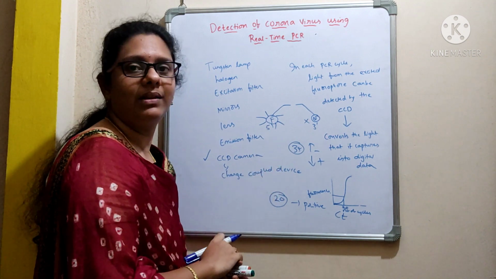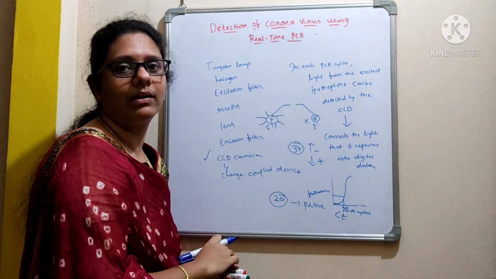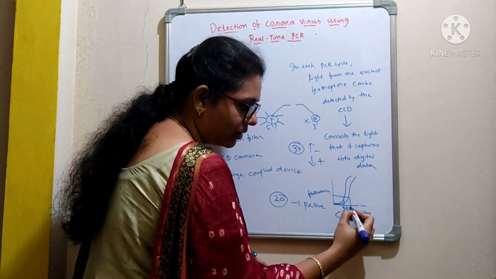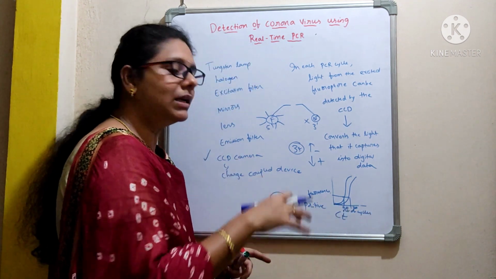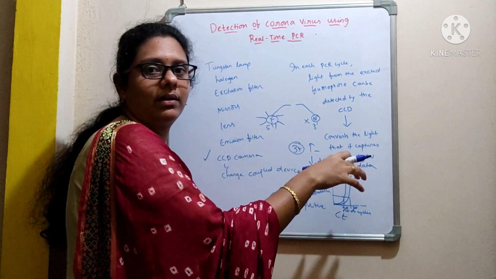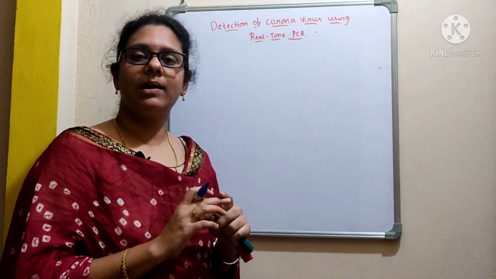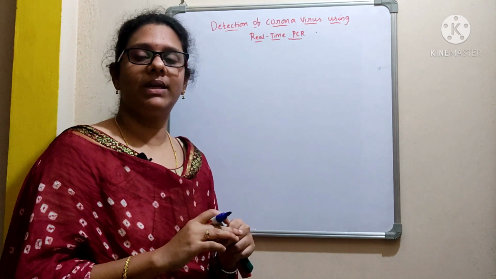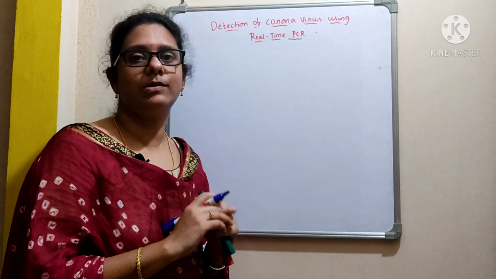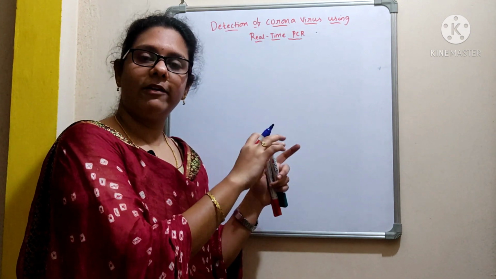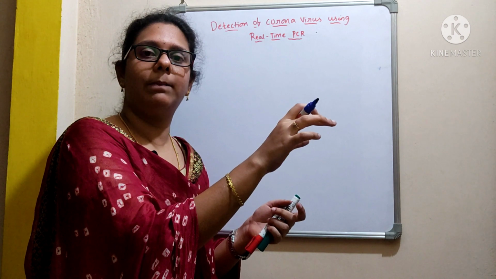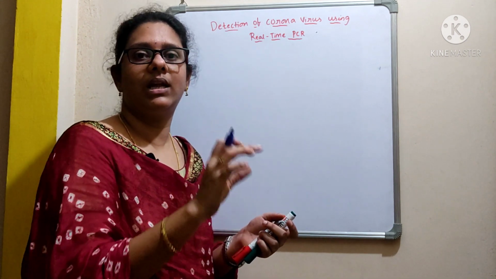This is how we interpret the results with the help of real-time PCR. And suppose we get another curve with a CT value of 30, that person is still positive, but it took 30 cycles to detect the same gene product. And remember, this real-time PCR method is more accurate and sensitive, where we can detect even a small quantity of viral load. Moreover, here we use a set of primers which are very specific to the template. So they will specifically bind with the template and initiate the synthesis of DNA.